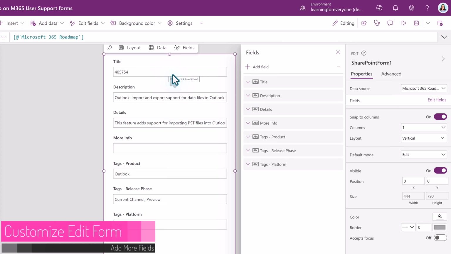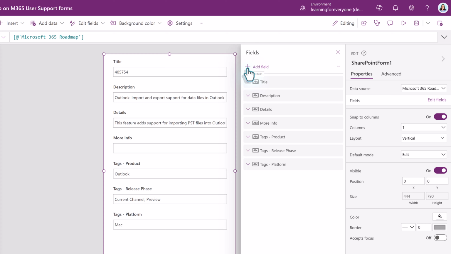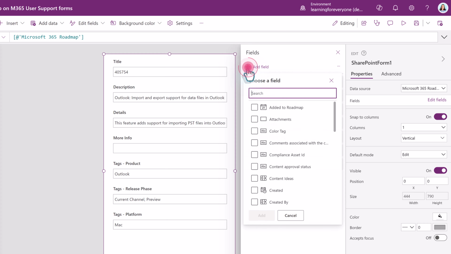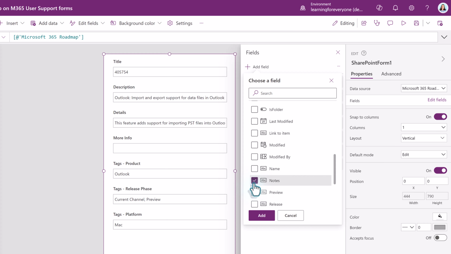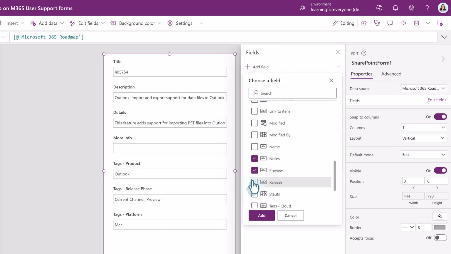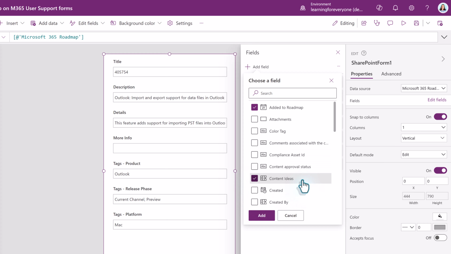PowerApps took its best guess about what you want to see in the edit form, but not all options are included. That's okay because we can go to the Fields pane, click on the plus sign for Add Fields, and here you see a list of options, including metadata. I will quickly go through and put check marks next to the ones that will be used for this example. When all the options have been selected, click the Add button and they will be added to the form